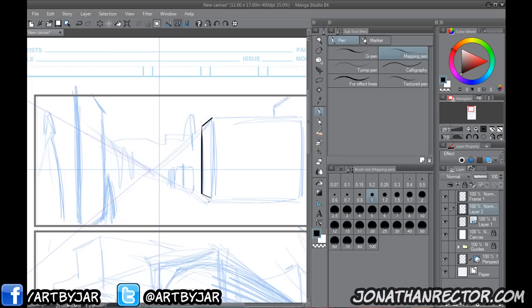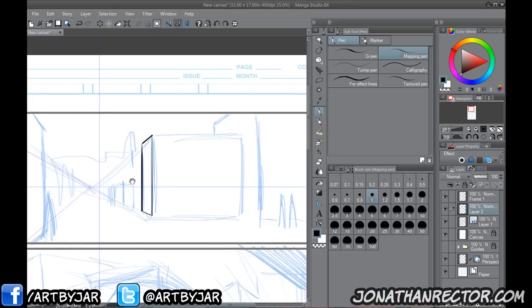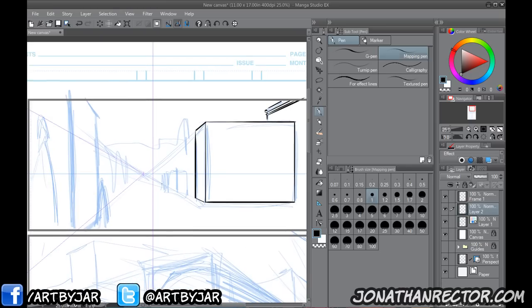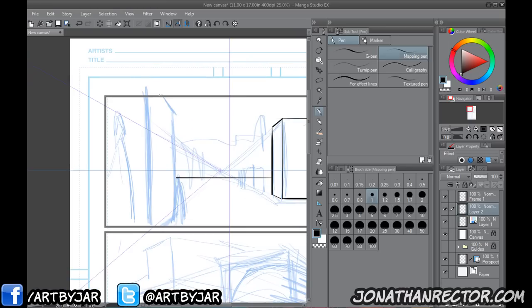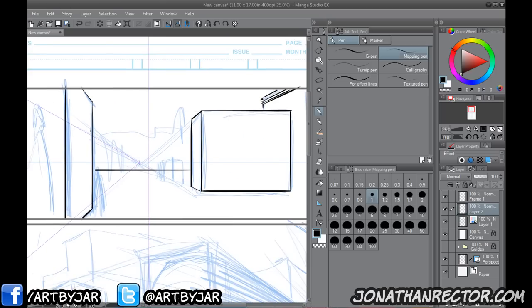And I'm going to try and do this as if this was done for production. No real gesture lines or anything underneath. And you can always just toggle that on and off if you want to get some weird shapes going in there. I'll bring the perspective line back in. So as you can see right away, this is very, very quick. And this is a 1-point perspective. All you really need to worry about is finding the vanishing points. Okay? What plane are you drawing that's vanishing? Okay, that's the line you want. So let me just delete this perspective layer because we're not going to need it anymore.